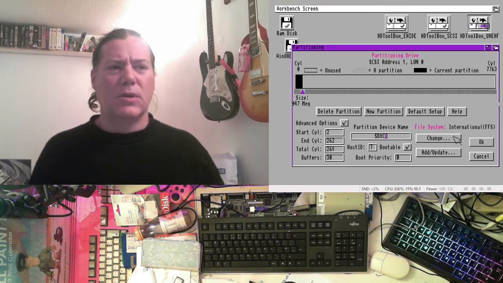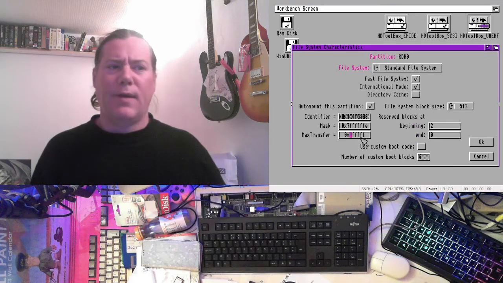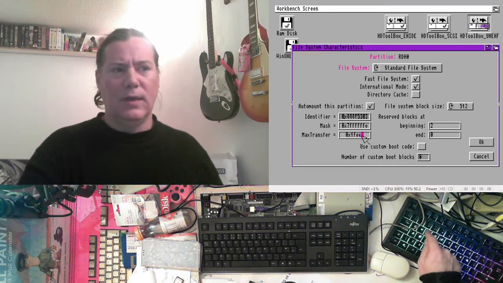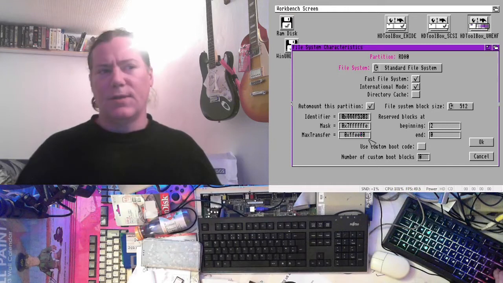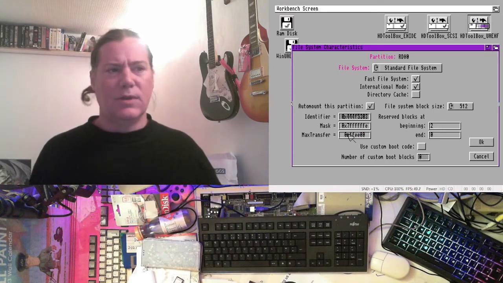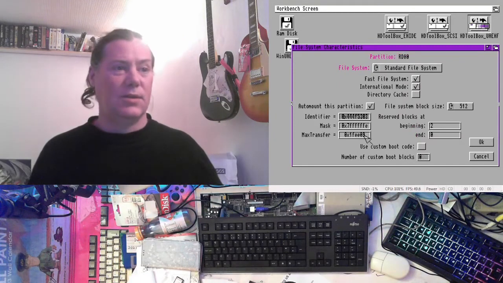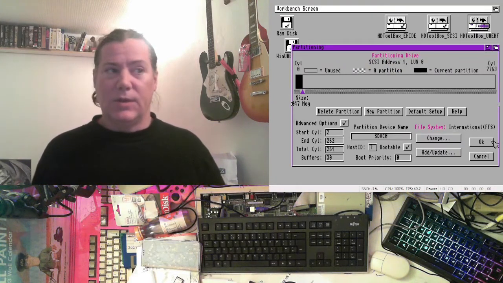The next thing I'm going to do is I'm going to click change, and on this page I'm going to change the max transfer value from FFFFF to 0x1FEE00. Now when you make that change, you must press enter, because if you don't press enter, it won't save it. So I'm going to click in that box, I'm going to press enter again, then I'm going to click OK, then I'm going to click change again, and I'm going to double check that it's actually saved it, which it has. Okay, so in theory, that's a partition of 2047 meg with lots of space free,